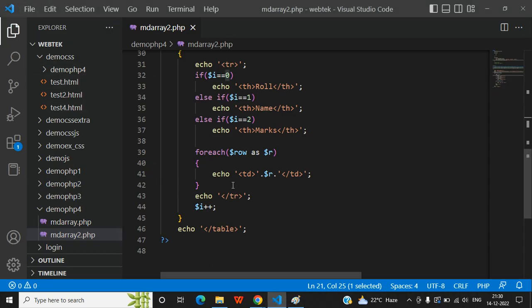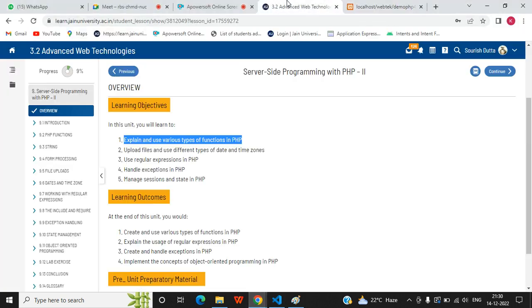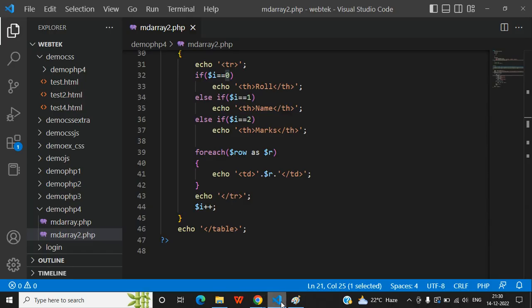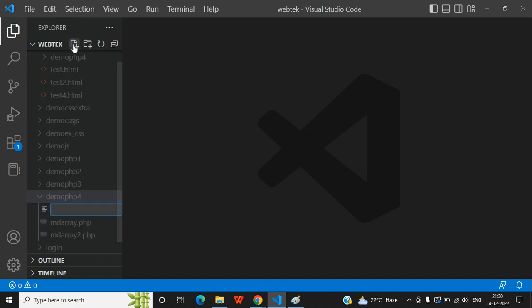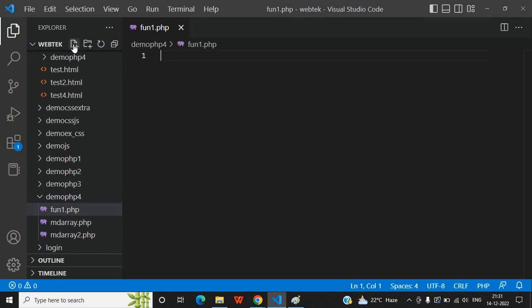So this was associative array. It is an important part. Check what is there next. Function. Simple things. You should know what a function is, so I'm not going into the definition. Function is a subroutine. Not required. fun1.php demo. Inside PHP,